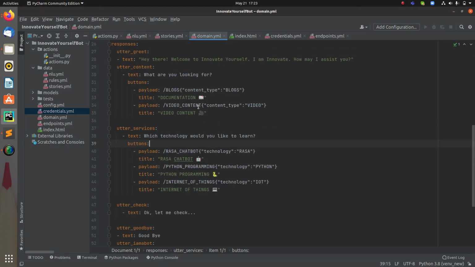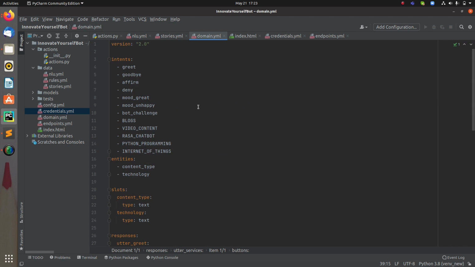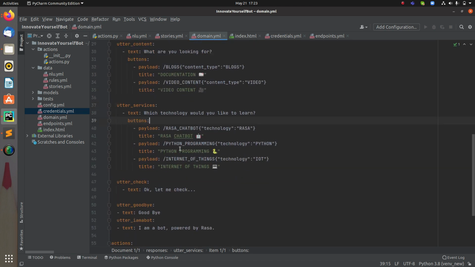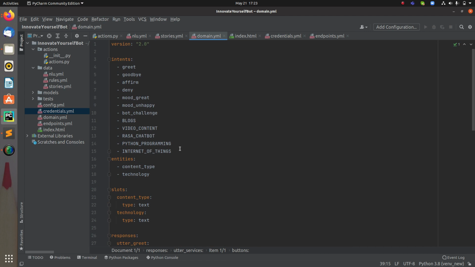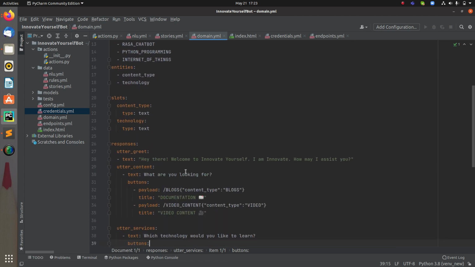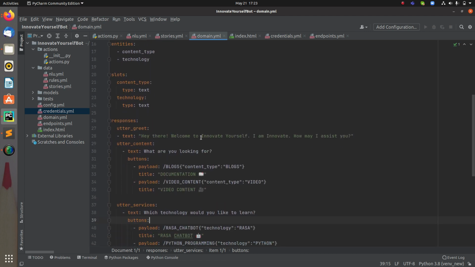And right now I have a project, and in that project I am setting this up for my website so that I can help the visitor get what they are looking for. So this is what I want to show you. Currently I will be having this conversation in which I will say hi, and based on that you will get a reply like, hey there, welcome to Innovate Yourself. I am Innovate. How may I assist you?